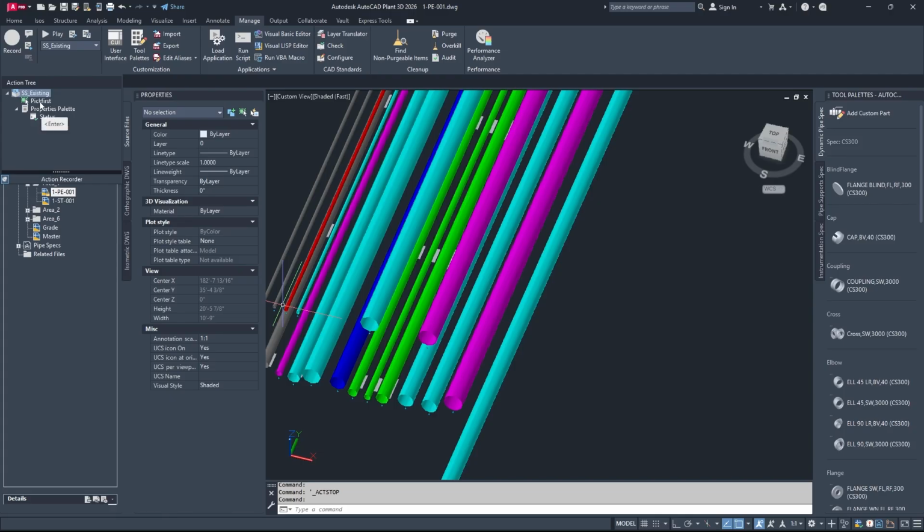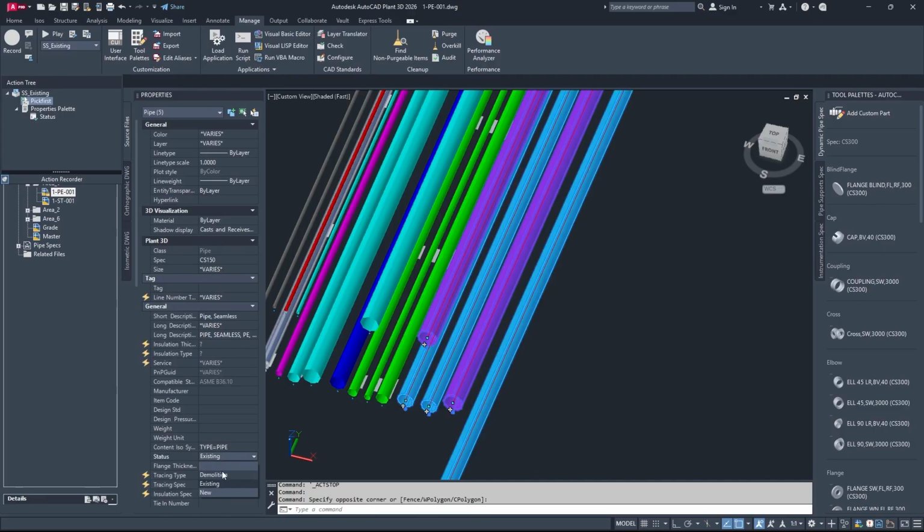To give you an example, here, whenever I start to execute the command, it will always suggest that I go and select all the components that I would like to use. But what if I would like it to be immediately applied to the components I already selected? Then just remove the checkbox from here and add it over here. And now